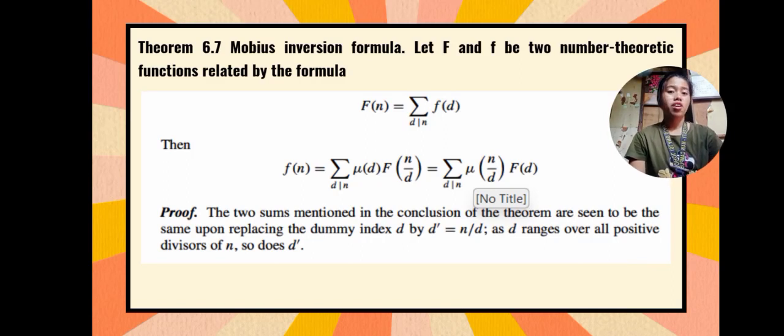So let's move on to Theorem 6.7, which is the Möbius inversion formula. Let F and small f be two number theoretic functions related with the formula F(n) = the summation of f(d) such that d divides n. It can also be converted into f(n) = the summation of μ(d) F(n/d),